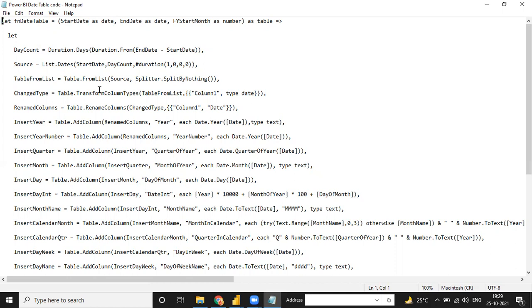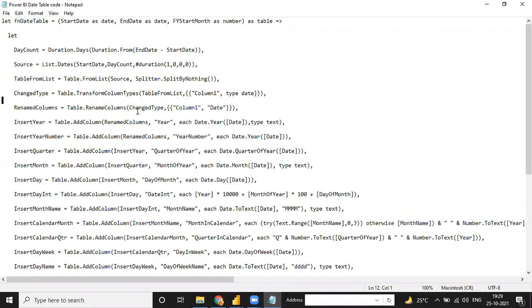First, I will show you this function. Second, I will show you how to create this date table manually. What is the difference between manually and this way? If you are doing multiple projects in your company, and the date table should be the same for every project, then you create your manual table once and make a copy of the function, and then arrange that function into the next table. Same thing.